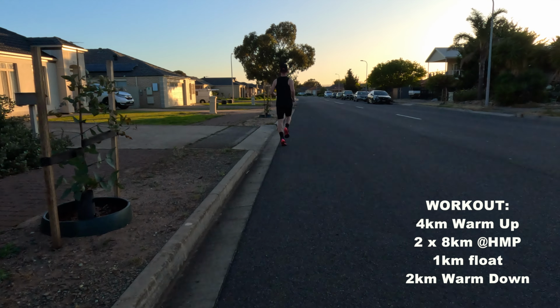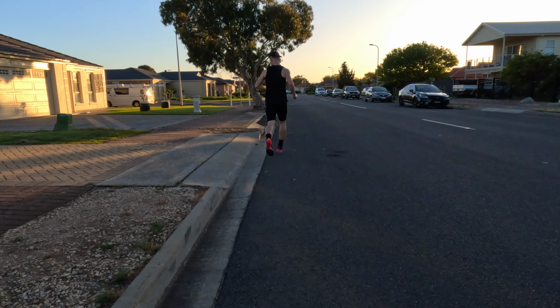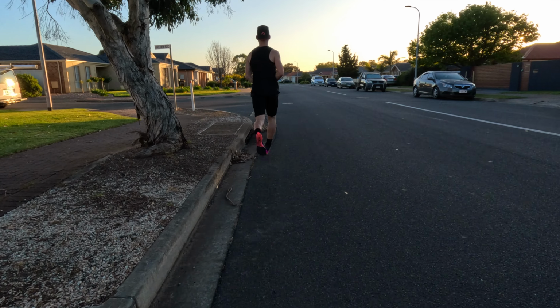So how can you replicate this to improve your mindset? On the weekend that just went, I did a 25-kilometer long run in which I did 2 times 8 kilometers at half marathon pace. Now, the way that I structured the workout, I made sure that I was hitting the end of that second 8-kilometer block at the 22nd kilometer so that I could feel what it feels like to be running that fast at the end of a half marathon when my legs are already fatigued. Workouts like that build your running confidence and build a strong running mindset, but they also build the last running